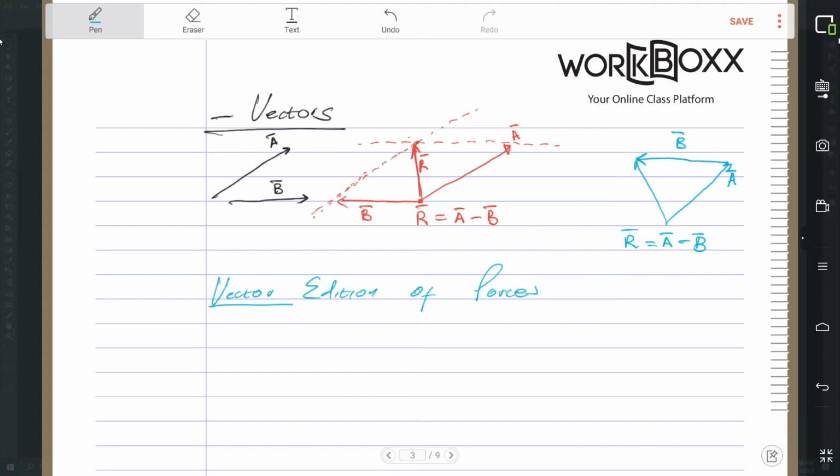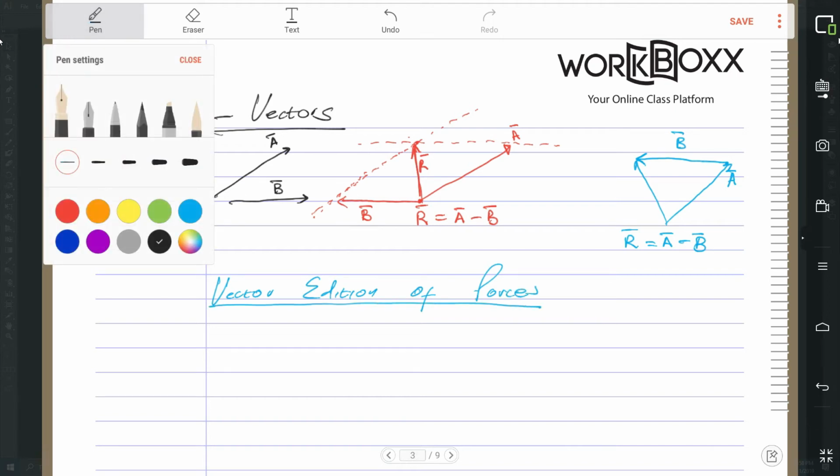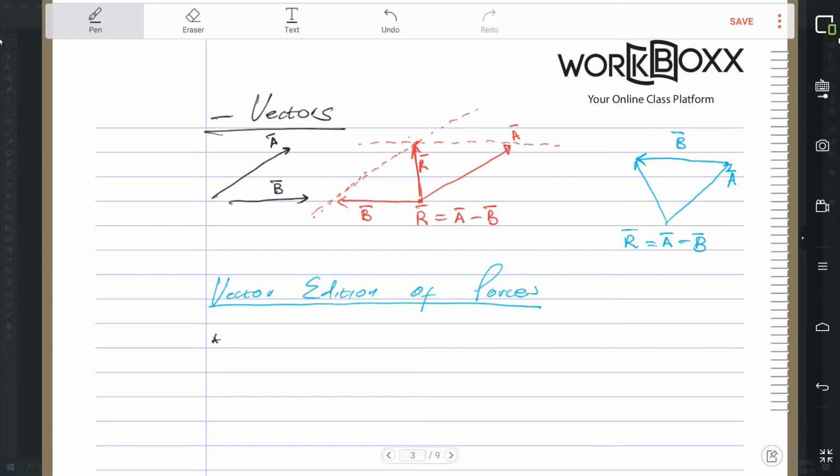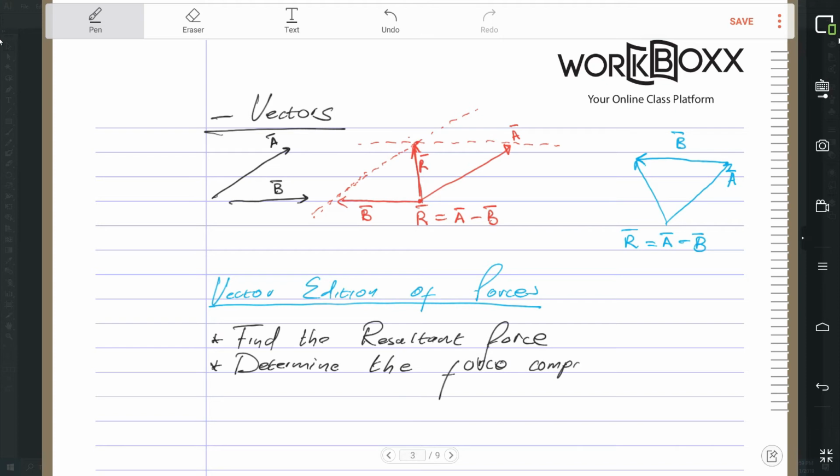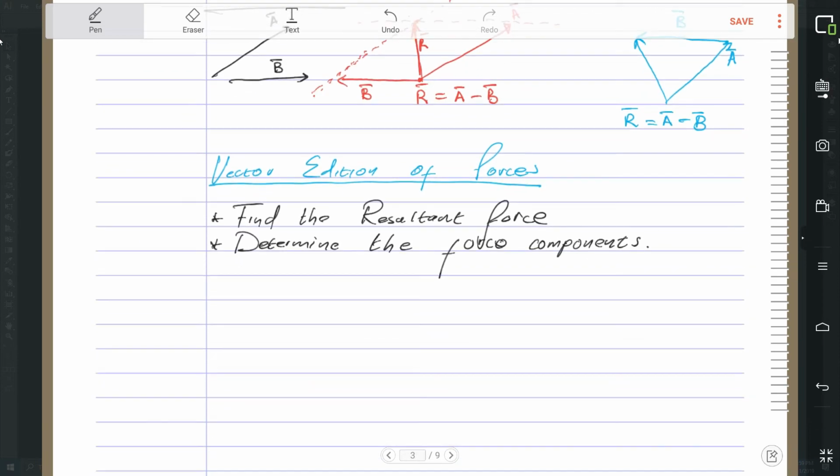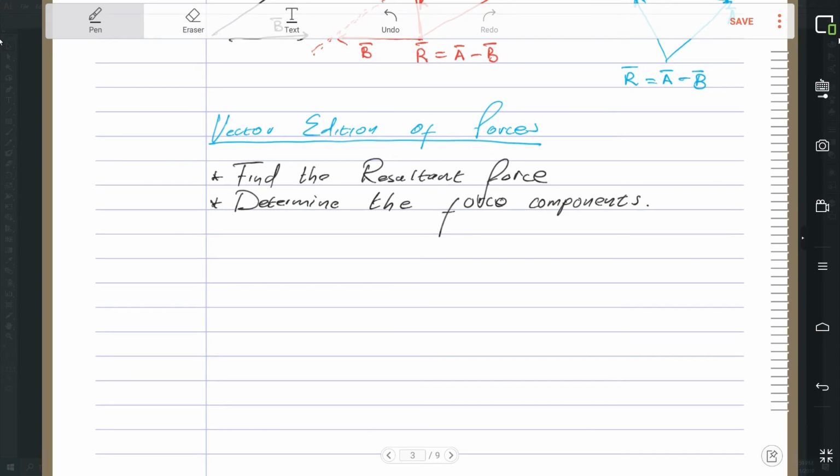So we said we have two problems. So we have one where we have to find the resultant force, and one where we have to determine the force components. So let's do a quick recap on them. But this time let's assume we're using forces. So let's say we have